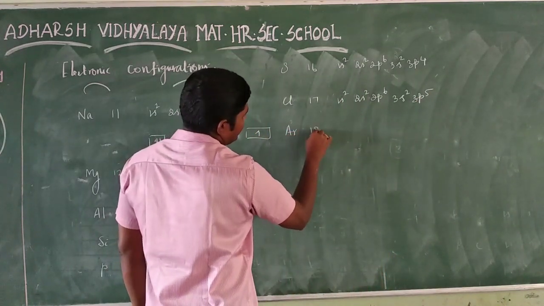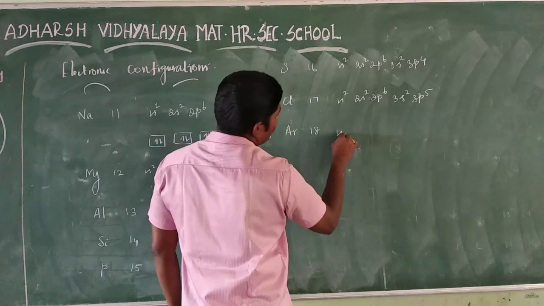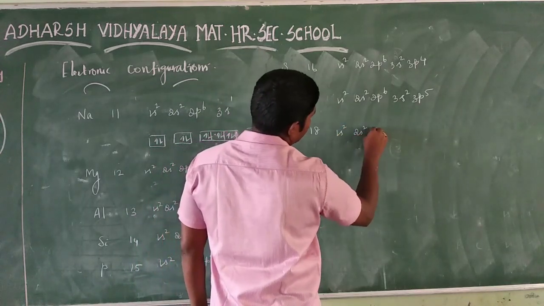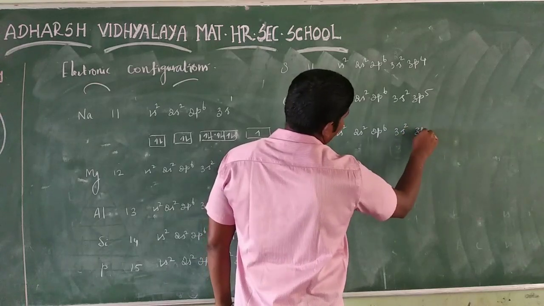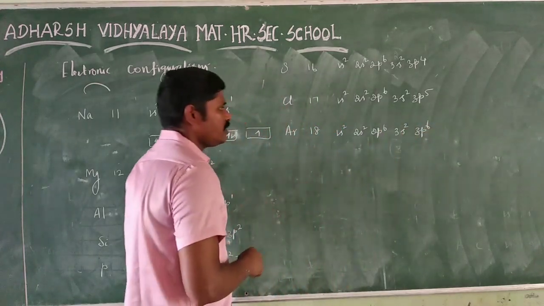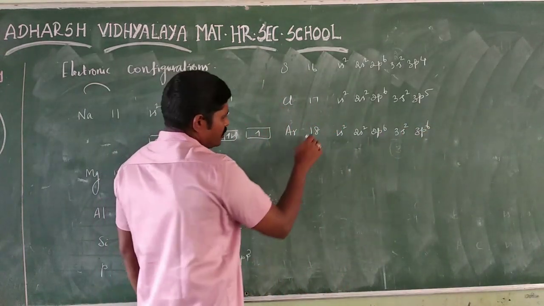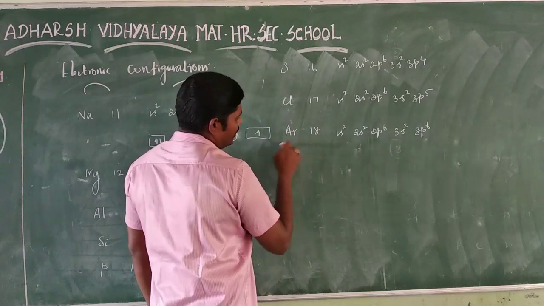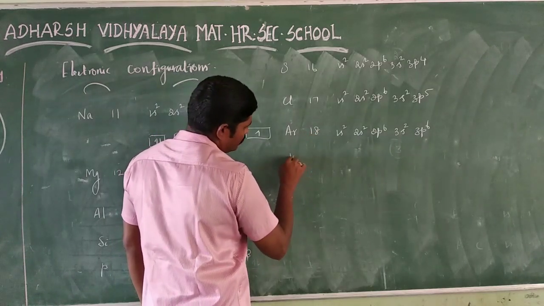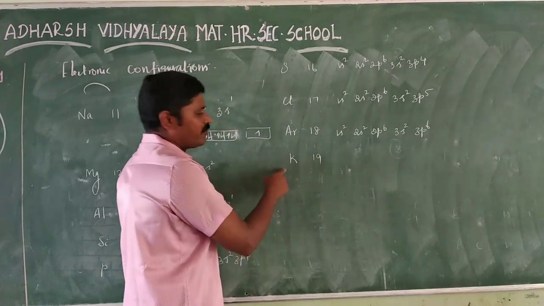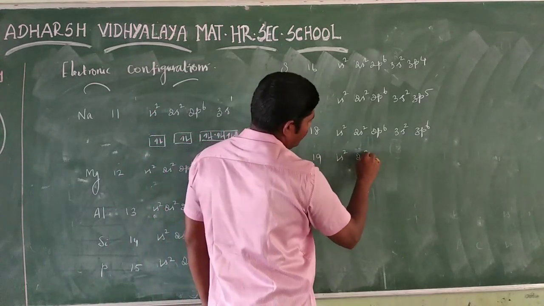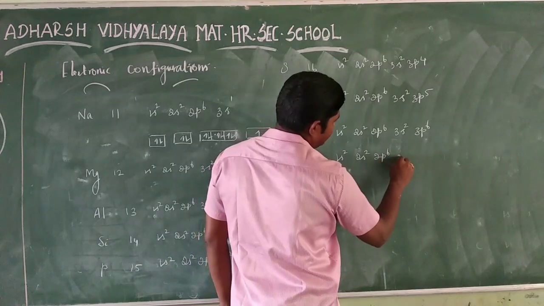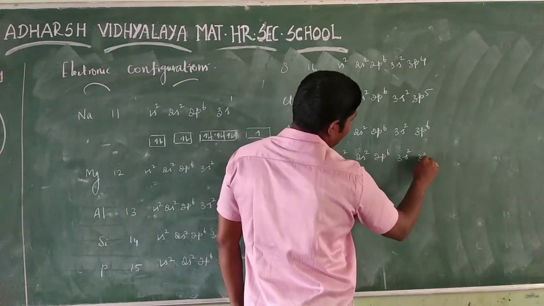Argon, 18: 1s2, 2s2, 2p6, 3s2, 3p6. Okay, next, 19, potassium: 1s2, 2s2, 2p6, 3s2, 3p6,